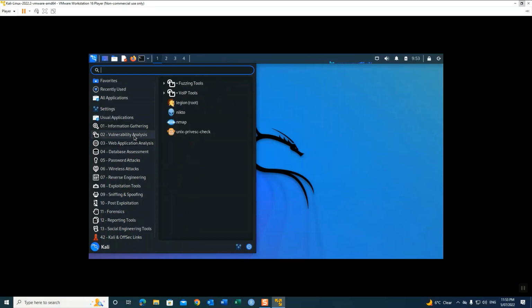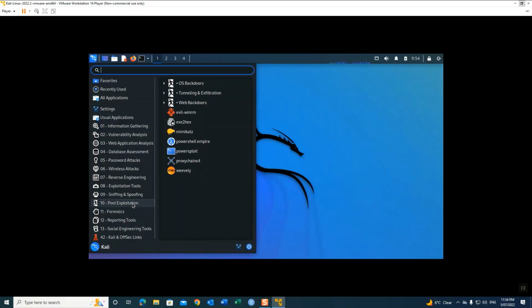Vulnerability analysis, web application analysis, database assessment, password attacks, wireless attacks, this is the network, reverse engineering, that you can configure and reconfigure the files or the applications, exploitation tools, that's good tools, sniffing and spoofing, this is especially for the network to sniff all the packets, but post